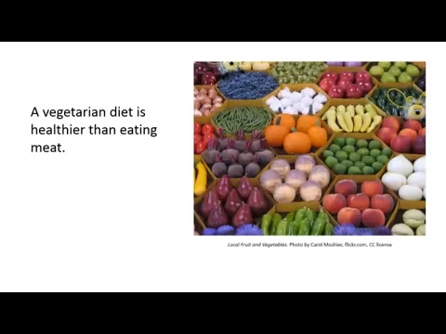Let's consider a third statement. A vegetarian diet is healthier than eating meat. First, is this statement a fact? Although you might argue that many people agree with it, this does not mean it is a fact, and it does not mean that there isn't debate about whether it's true. If you make a statement like this in your own writing, make it clear that this is your opinion, and then back it up with evidence. If it is someone else's opinion, make that clear, and cite it according to your citation style guide.